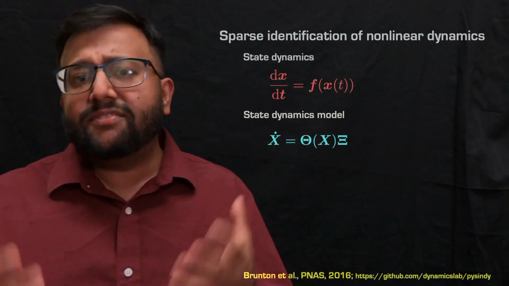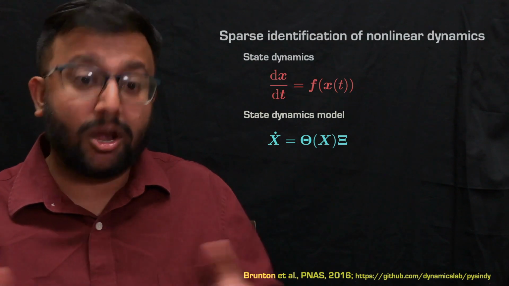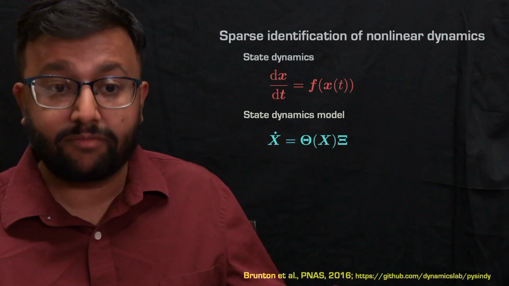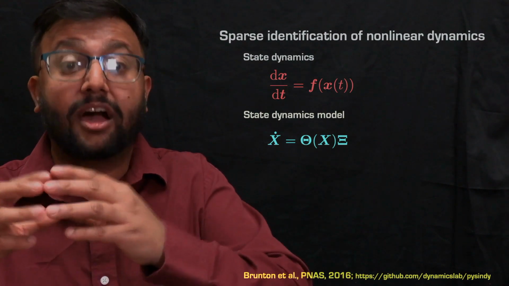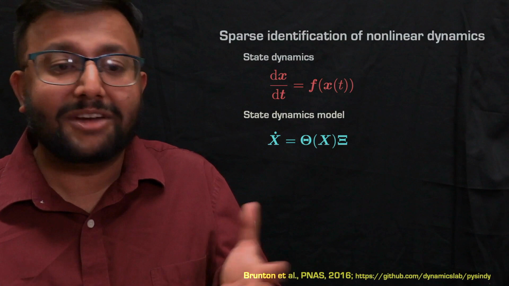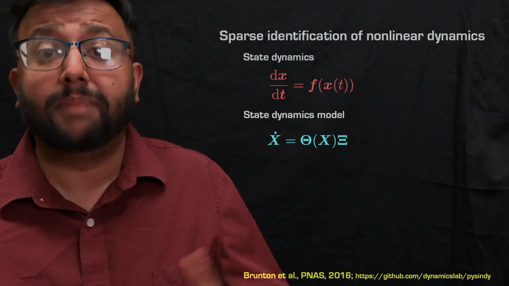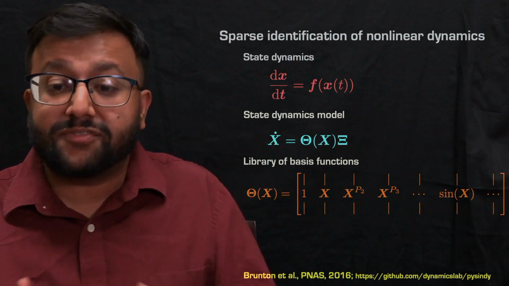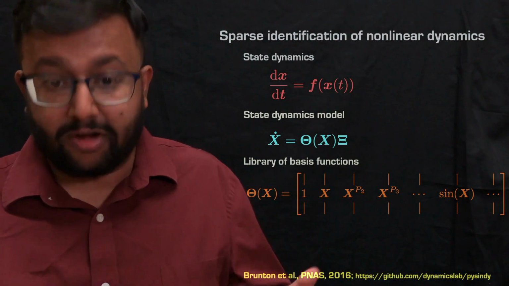So you can see this is kind of the same form as the simple linear measurement model that we had in the last slide, but where the left-hand side is now replaced by the continuous time derivative of the states X, and the state matrix X is replaced by a library of basis functions. I haven't told you how to construct the library yet, but it is the library of basis functions multiplied by coefficients, right? These libraries of basis functions can in general be constructed in different ways, right?